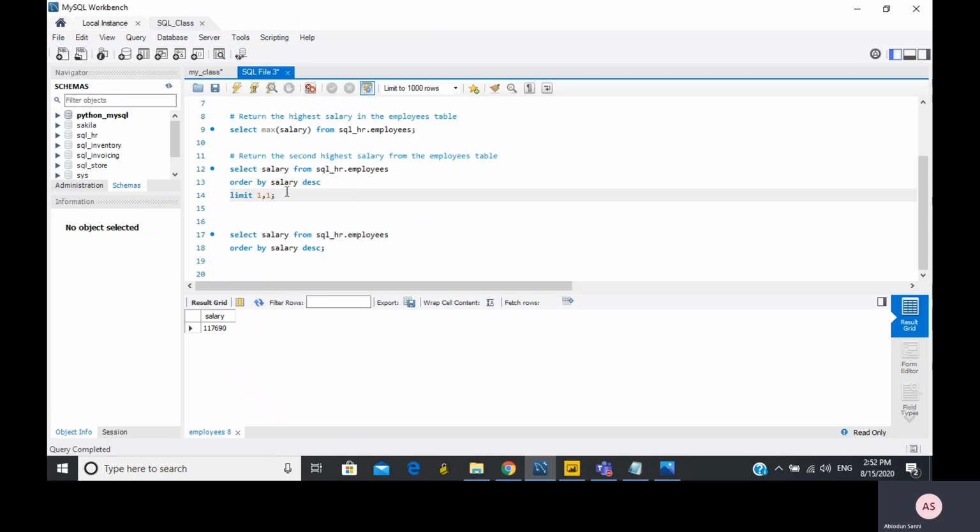And what is this doing? First of all, it does a select salary from the employees table, then order by salary in descending order, starting from the highest, then the second highest. Me writing limit 1, 1 means skip the first row, and give me one row after skipping the first row. So if I skip the first one and return one result, it's just going to return